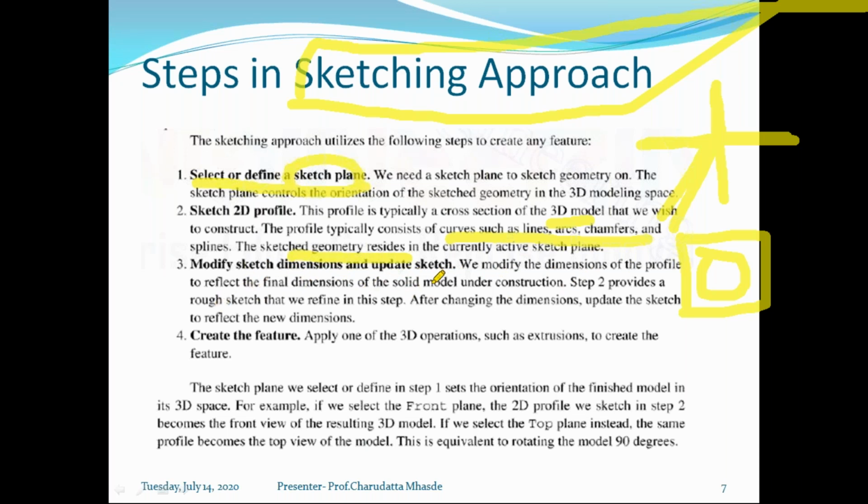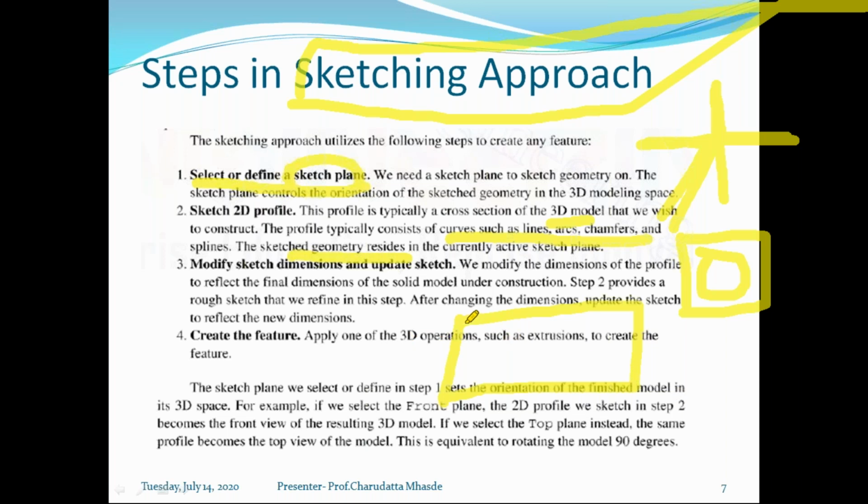There is also a concept in previous software: a weak dimension and a strong dimension. Whatever dimension is created on the sketch by the system itself is called a weak dimension. But once you convert that dimension as per our standard, like I want to construct a rectangle of 40 by 20 length and width, by default we choose a 2 point rectangle.